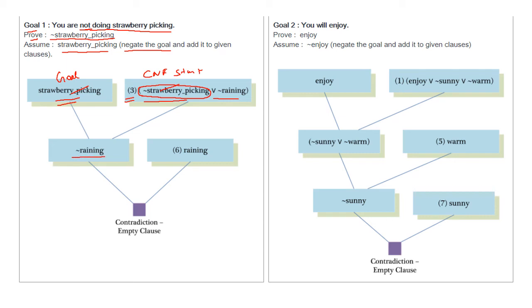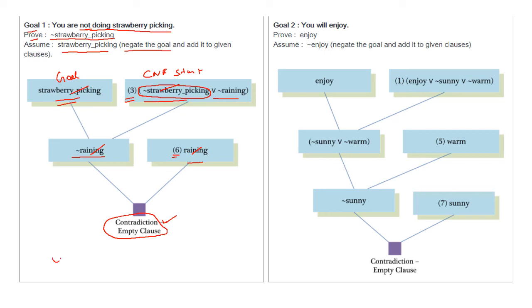So for this not raining, what is the negation term in our list? Raining. This is statement 6. So raining and not raining will be cancelled. So contradiction, we will get the empty clause. Finally we will reach the empty clause. If we reach the empty clause, it means our goal is reached. Which is our goal?